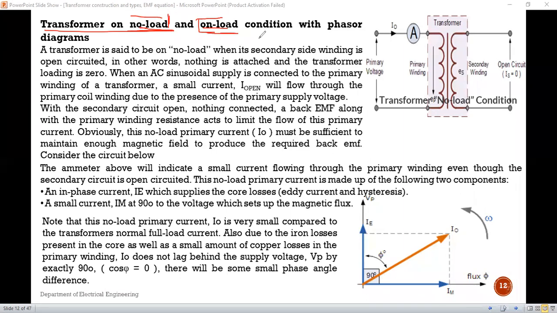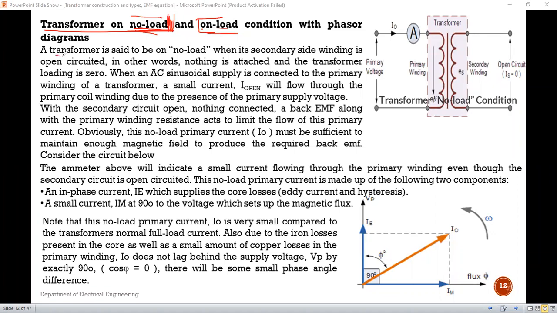Somewhere in the question paper a question may be asked, explain the transformer on no load condition. It may be that you write the transformer on load condition, because of fast reading, or it may be your fast understanding capturing. So transformer on no load or transformer on load condition. So we will discuss the first one, that is transformer on no load condition. ज्यावेळेस ट्रान्सफॉर्मर वरती लोड पुट केलेला नाहीये. What are the losses? What is the effect on the current, or the input?